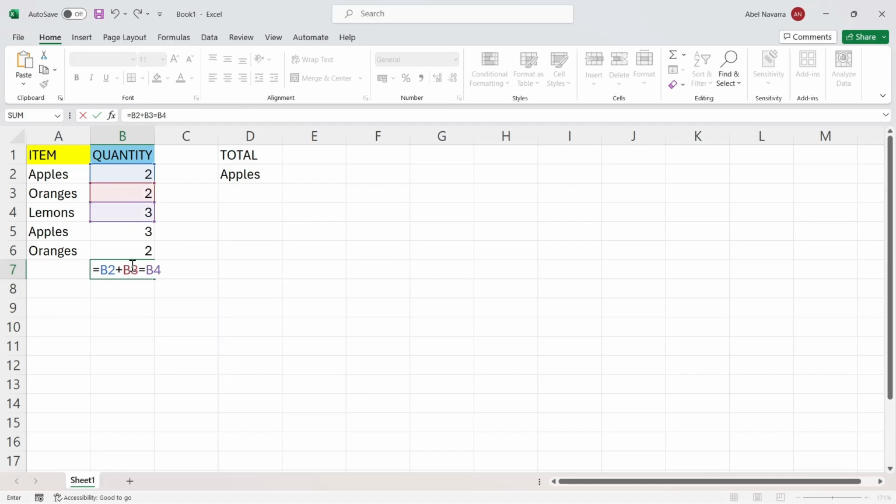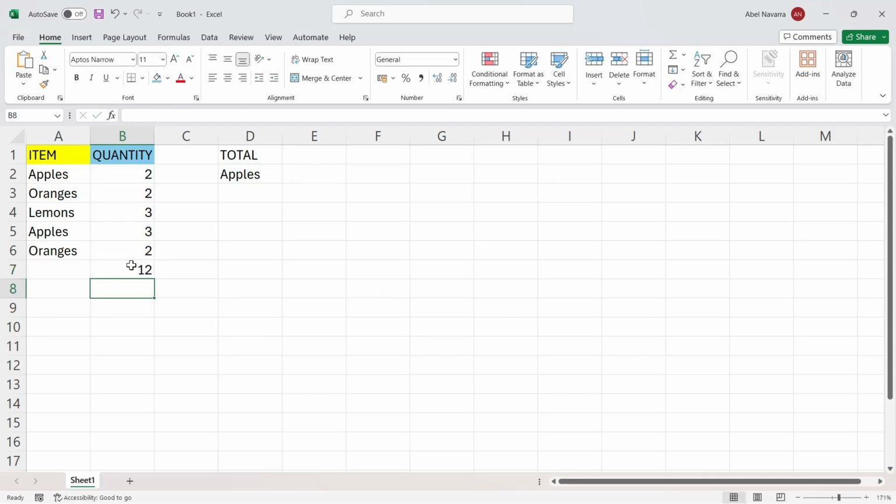So just type right here. Change the equals symbol to a plus symbol and type B4 plus B5 plus B6 and press enter. As you can see, this formula adds up the values in cells from B2 through